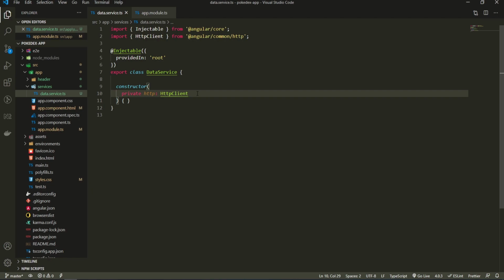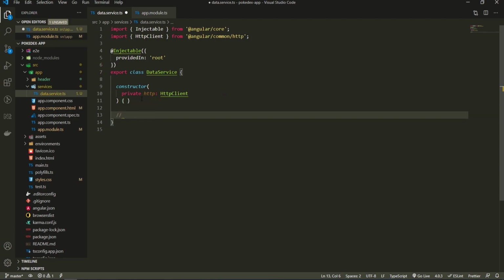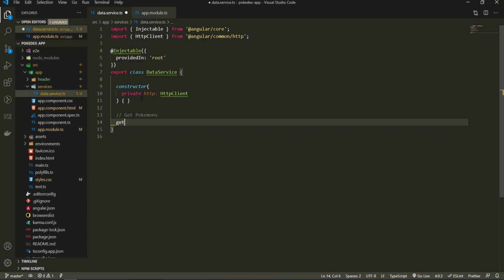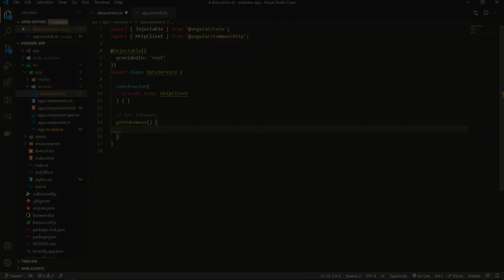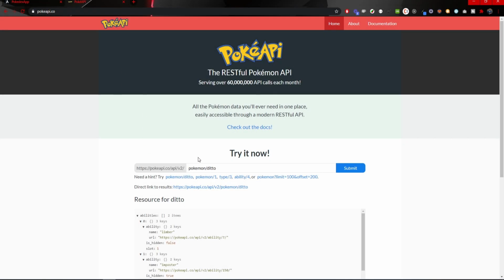With this now we can create our first request. I will create a getPokemons request here. So here I will put a getPokemons comment, and let's create a method called getPokemons. This method will be used to get Pokemons from the API. For this part, let's go first to the API and see how this works. So on the Pokemon API, we can see that here, if I would delete this pokemon/ditto